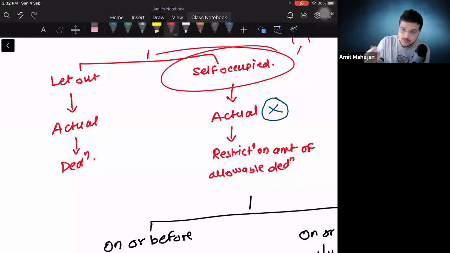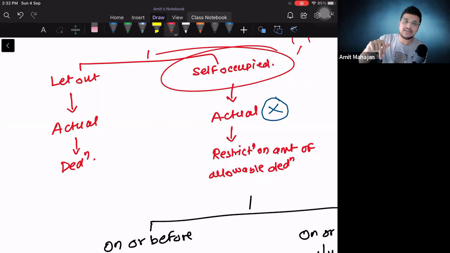This is not applicable to let out property. ये तुझे एग्जाम के पहले 5 बार, जैसे तुम लोग भगवान के सामने मांगते हो ना, प्लीज आज अच्छे मार्क्स दे देना, इसके साथ साथ ये भी बोलना कि सेल्फ ऑक्यूपाइड प्रॉपर्टी के केस में ही सिर्फ देयर विल बी अ रेस्ट्रिक्शन, देयर विल नॉट बी एनी रेस्ट्रिक्शन इन केस ऑफ लेट आउट प्रॉपर्टी।